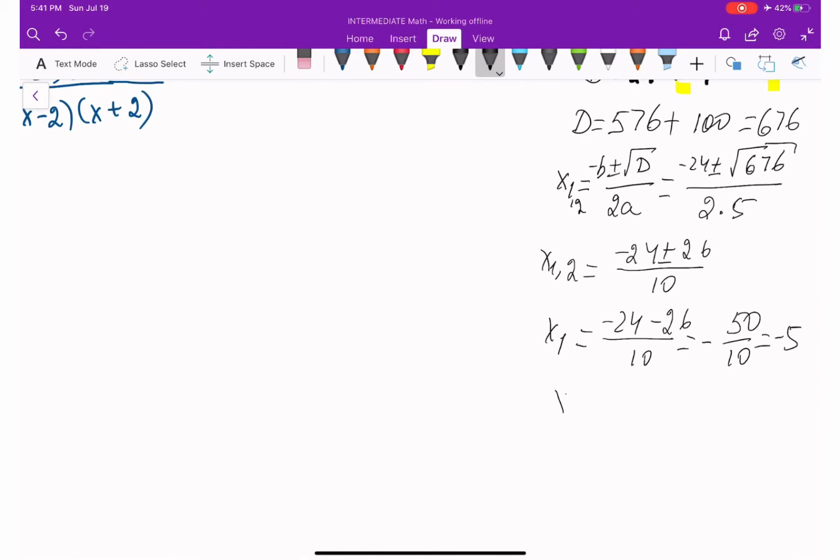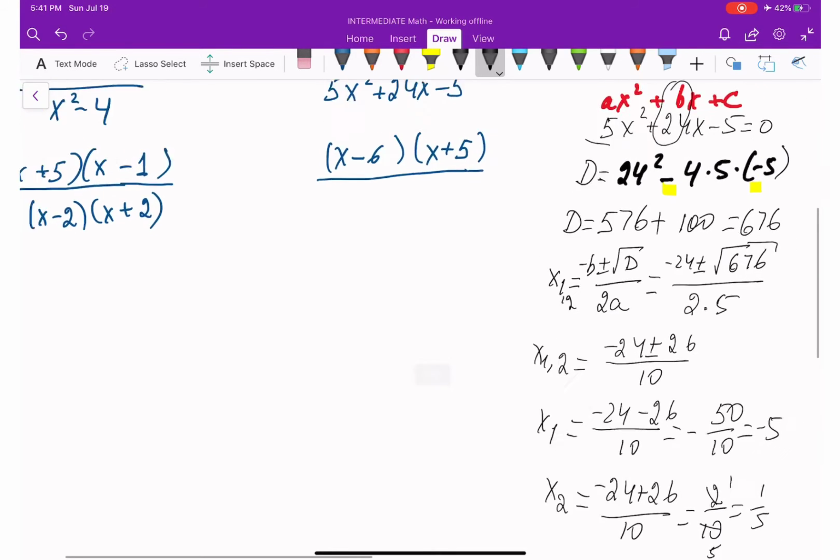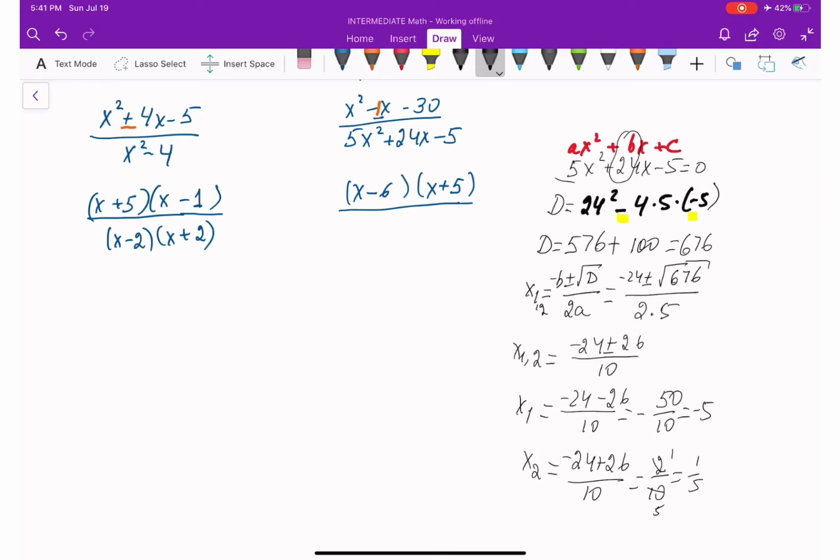x2 is going to be negative 24 plus 26 over 10. That will be positive 2 over 10, which is 1/5. So if I break it down